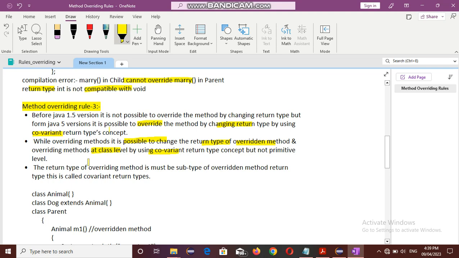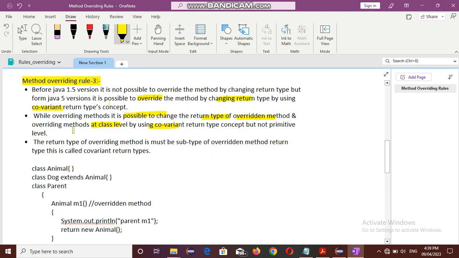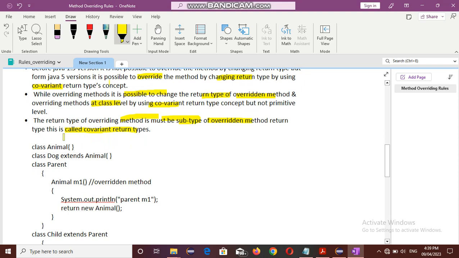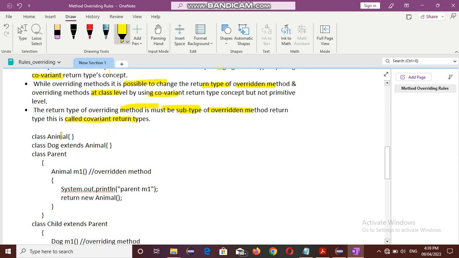The next point: the return type of the overriding method must be a subtype of the overridden method's return type, which is called covariant return types. To explain this point, we have one example.